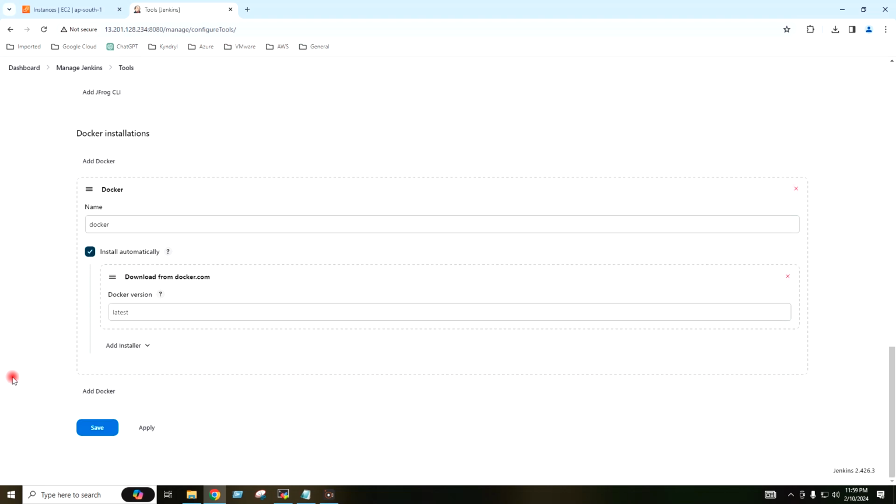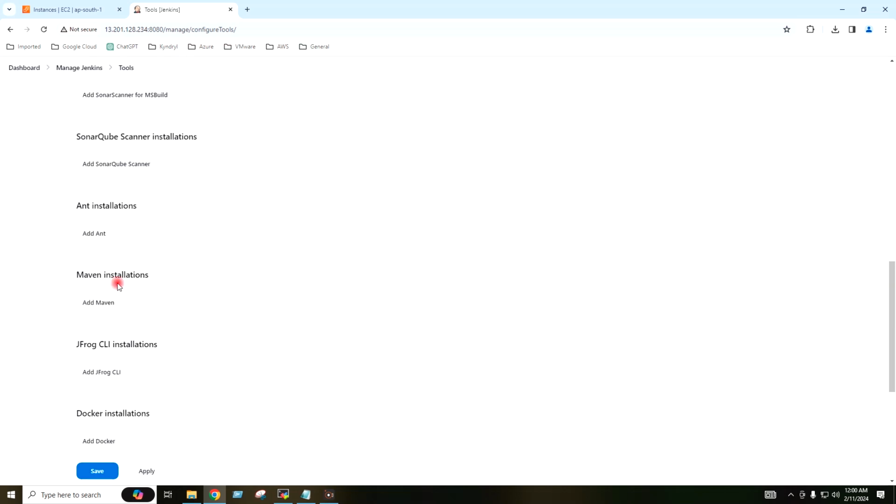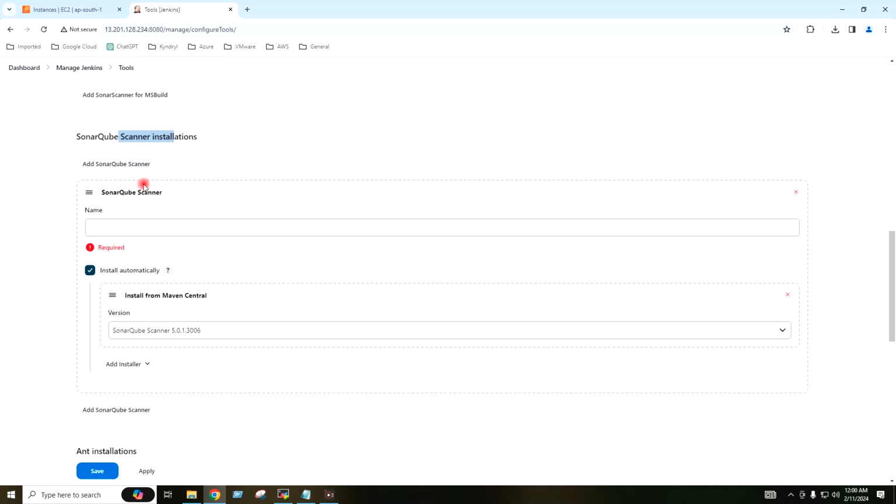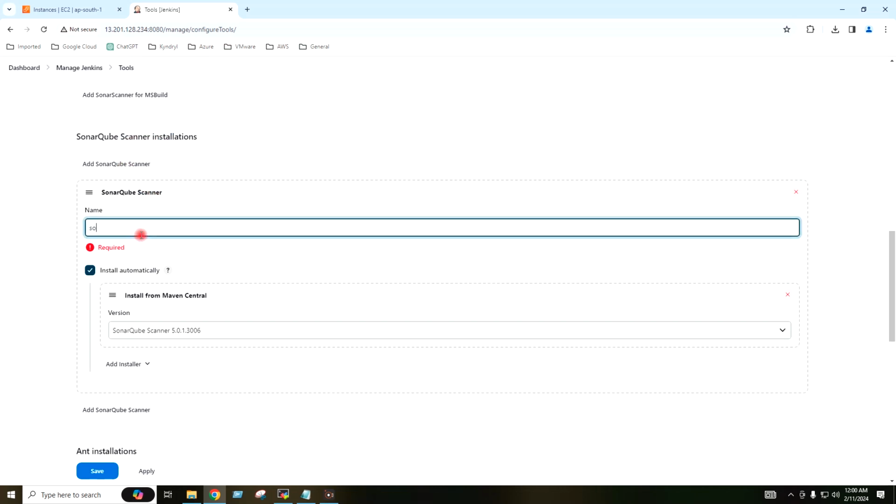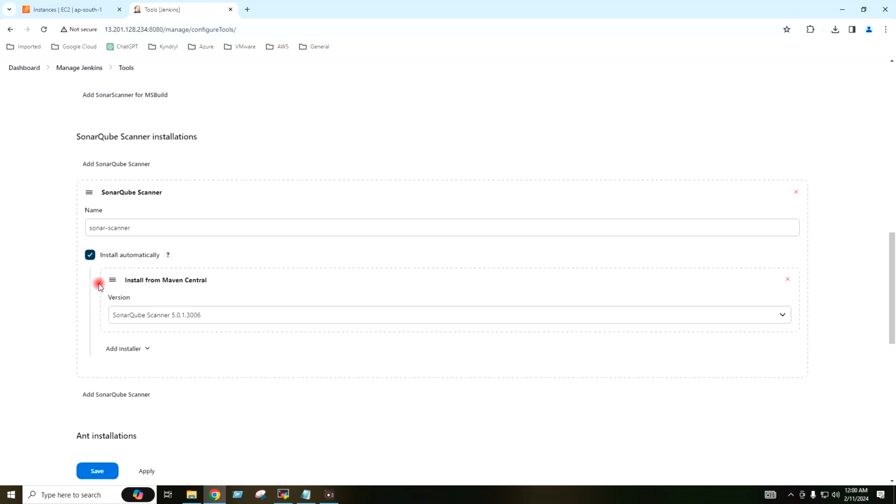and the second tool which we need is SonarQube scanner. So under the SonarQube scanner installation, I will click on add SonarQube scanner, and I will give the name sonar-scanner, and I will keep the tick on install automatically, install from the Maven Central,